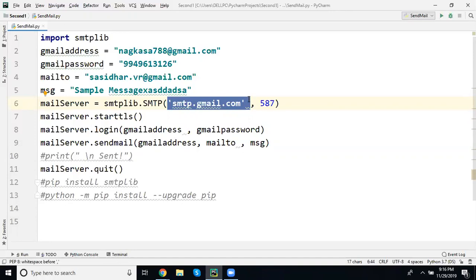Now, for Gmail, this is the SMTP server and the port where this SMTP is running is 587. Clear, right? This will be available on Google itself, right, sir? Yeah, if you Google it, you will get it very easily. Okay. Next,